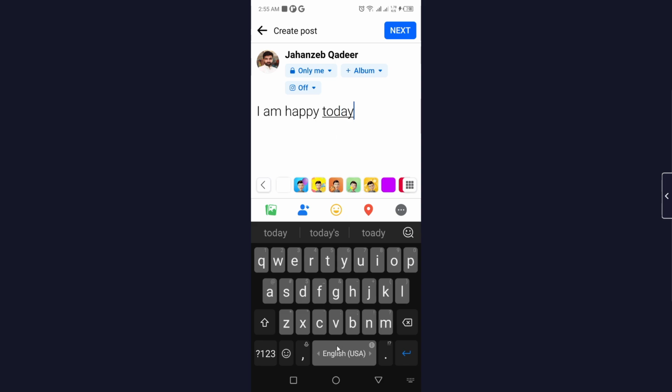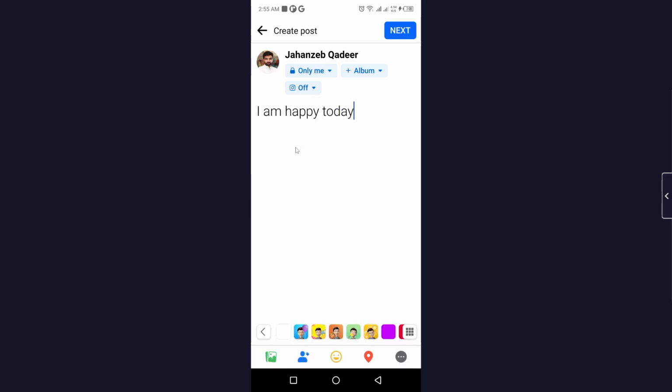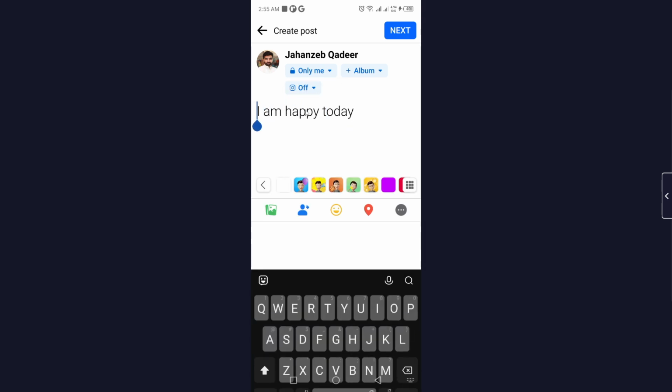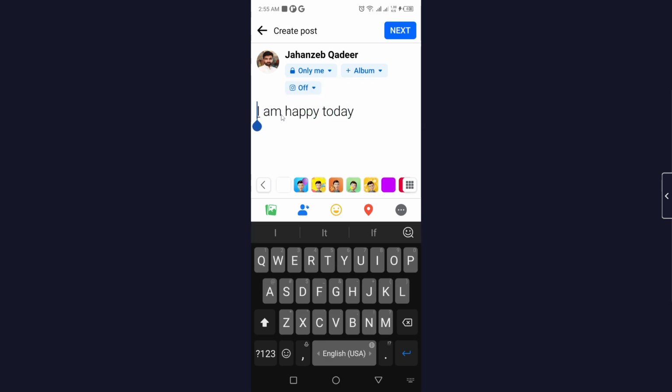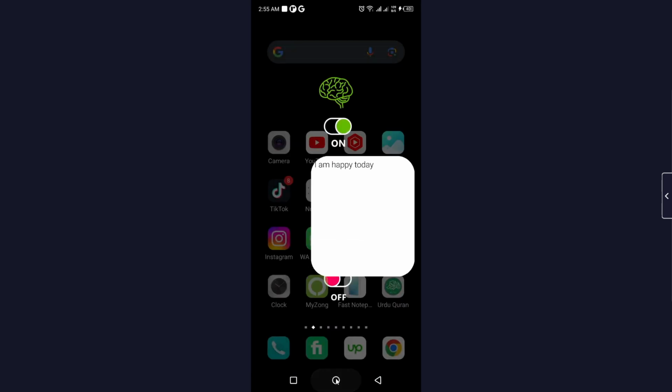And now I want to change the font, but as you can see there is no option, so you simply need to select this text. So let me select the whole text from here. Okay, and then you need to open any browser